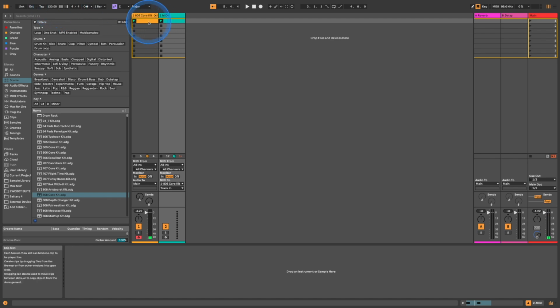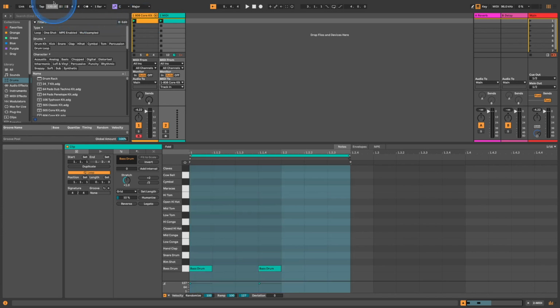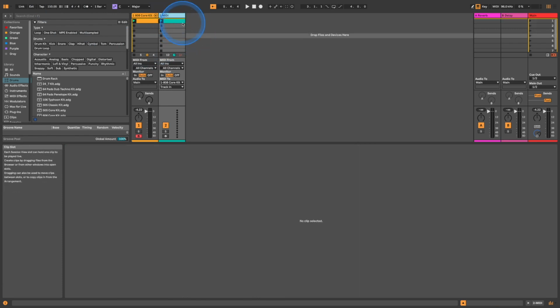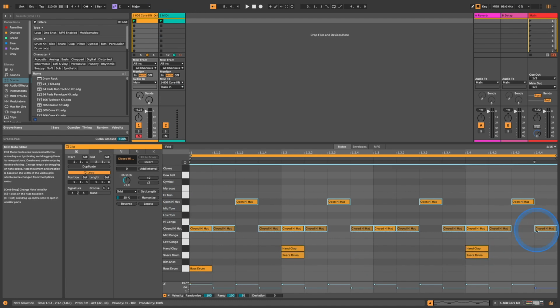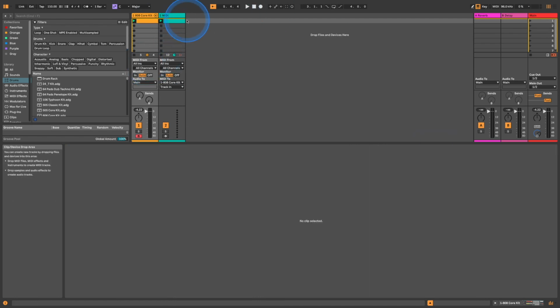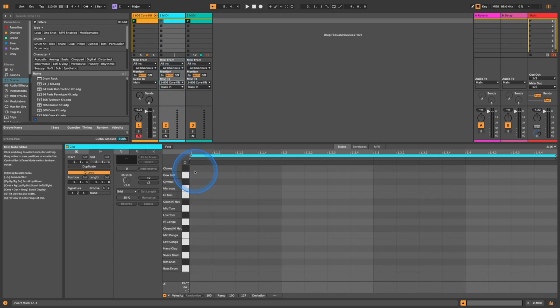Already getting funky grooves, and we've only drawn in 3 kick MIDI notes. I'm also just going to pull the tempo down a tad so things might be a bit easier to follow along. And also I'm going to get rid of these hats actually, because if we create another MIDI channel, route it again to the 808, I'm sure you can see where this is going now. And let's pull this